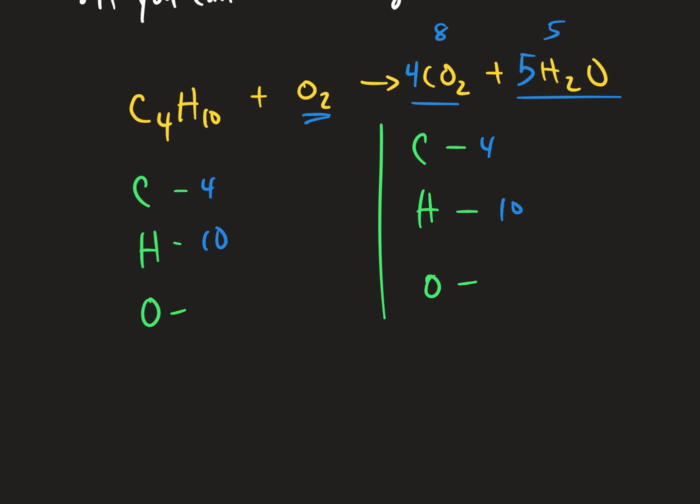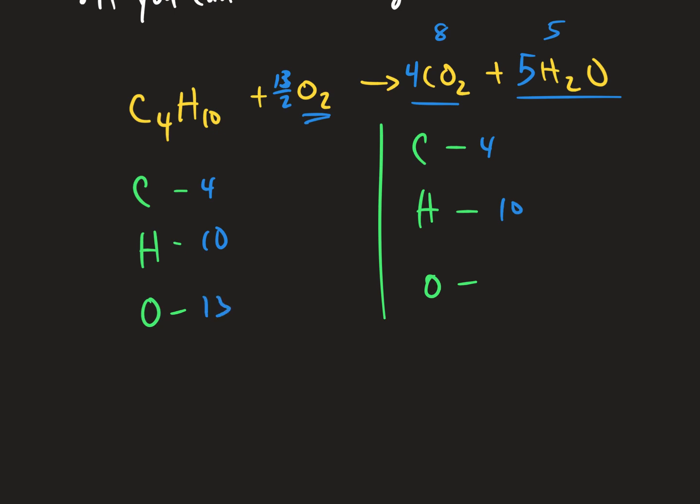6.5, that's a fraction, right? Or you can use a decimal, no problem. But if we do 13 halves, then we know we have to multiply by what? I mean, if it's 0.5, most of you know you have to multiply by 2 anyway, right? Doesn't matter. But it's easy to see, okay, we need to get rid of that fraction. Multiply everything by 2. But yeah, right now, 13 halves times 2 is 13, so we got 13 on both